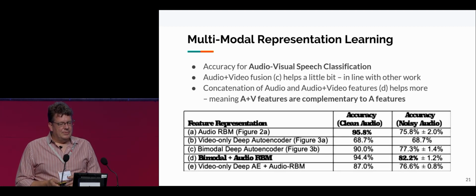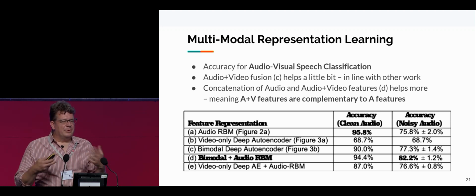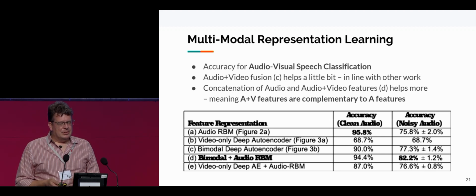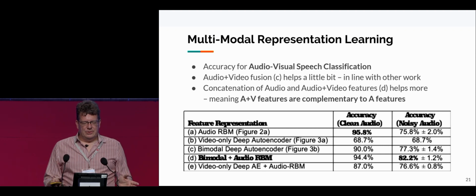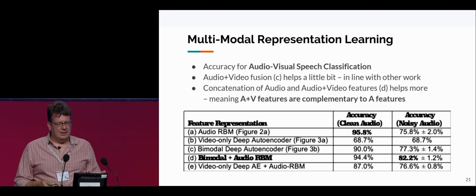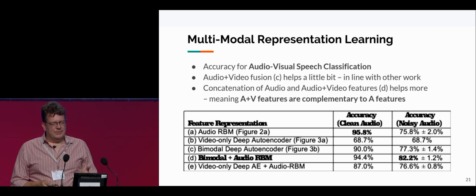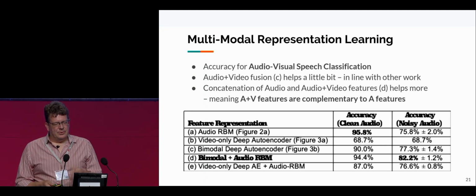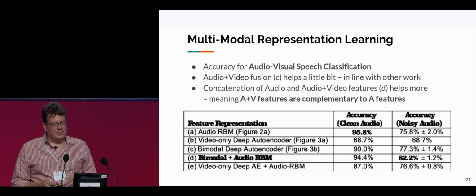What else can we do with this setup? Well, we are of course also interested in audiovisual speech classification or audio-only speech classification, and we can see if we do the work that we as speech researchers are familiar with. We are performing audio and vision fusion, that's in line C here, and we see that it improves a little bit in the noisy condition. We get a performance of 77% for classification of noisy audio with a bimodal deep autoencoder over a baseline performance of 75%. We are not improving over the audio-only performance in the clean case,